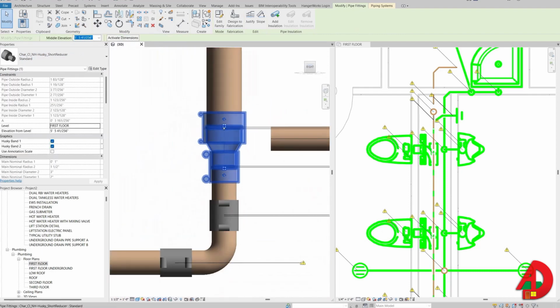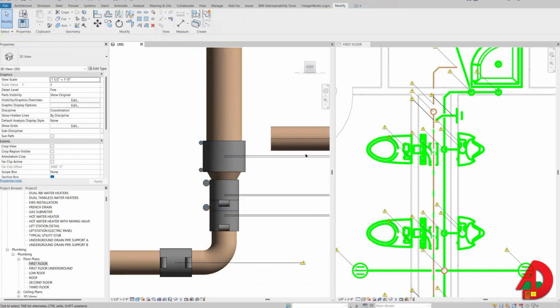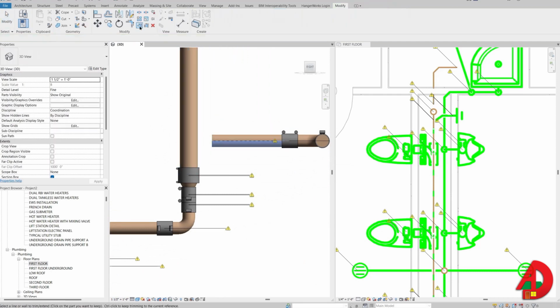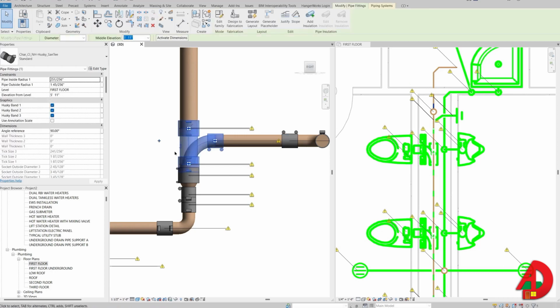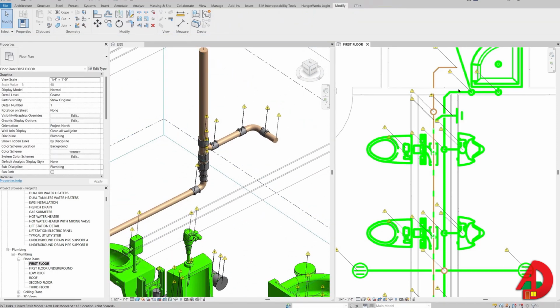and to drop this reducer I can select it, click on the right side of the 3D cube, and now I can just use my arrow keys to nudge it down just a little bit. And also I can select this line and nudge it up to give myself enough space for a Santee. I can now flip the Santee,